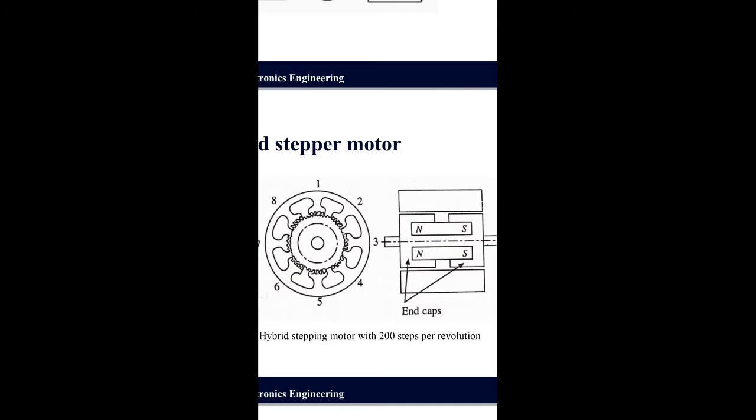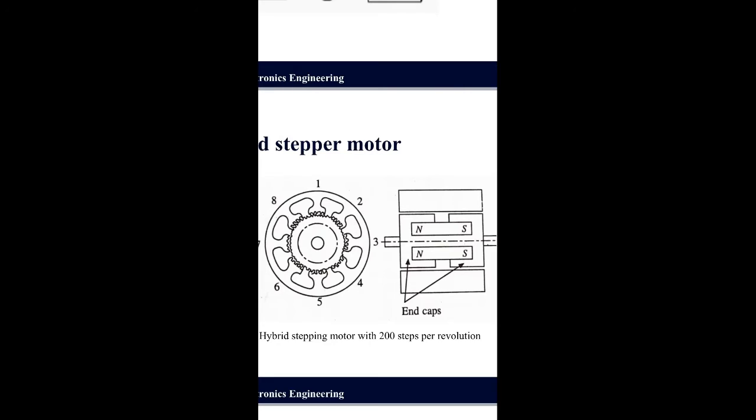Next are the important features of stepper motors. Stepper motors have various advantages as well as disadvantages. First, let us see the advantages. They are compatible with digital systems and do not require any analog to digital conversion at the input, as you can see in other types of conventional motors. While simple open loop control is good enough for the control of position and speed, it can also be used in closed loop position and speed control systems with either analog or digital feedback.